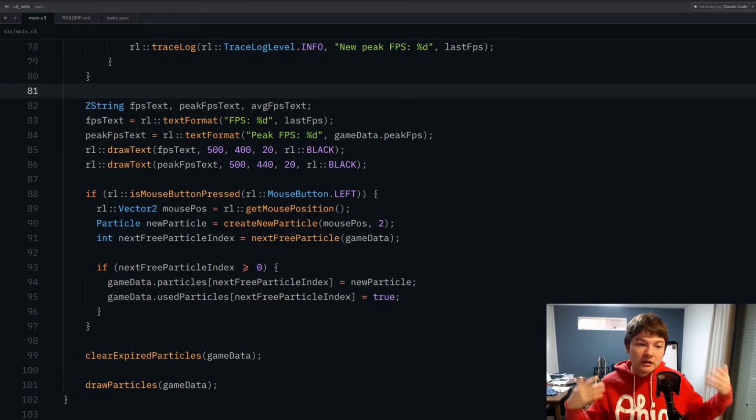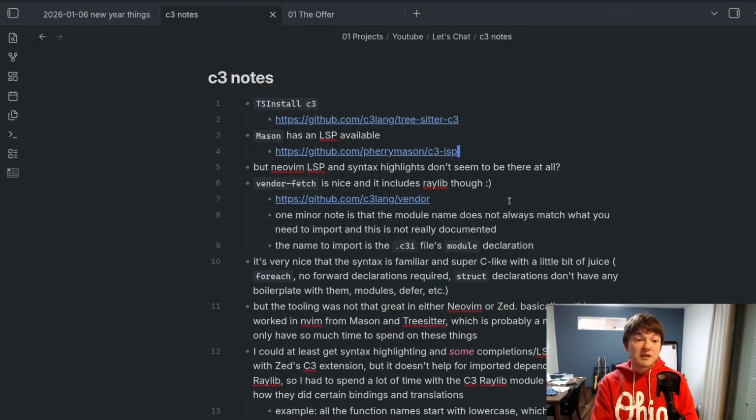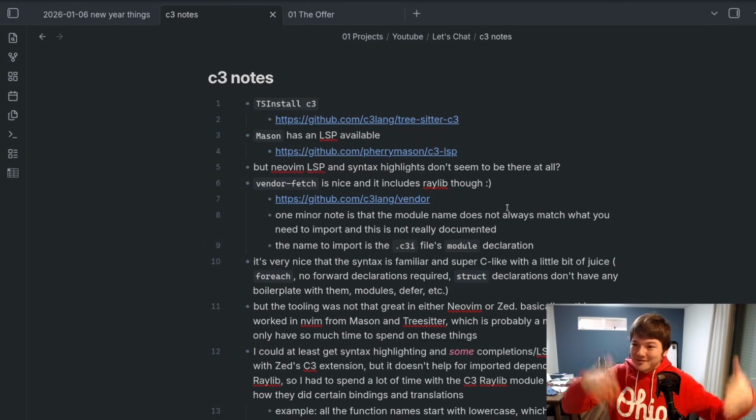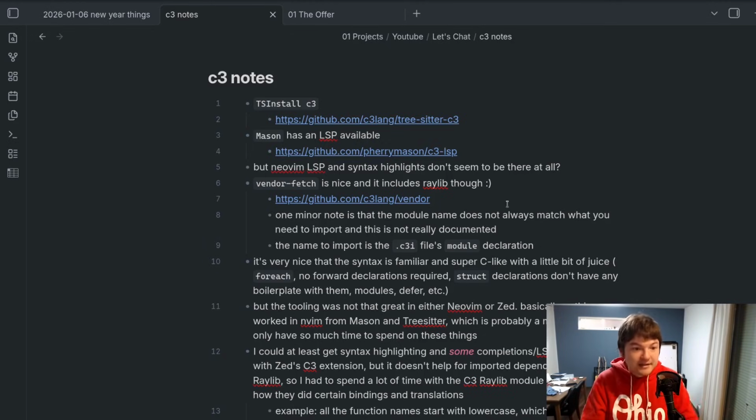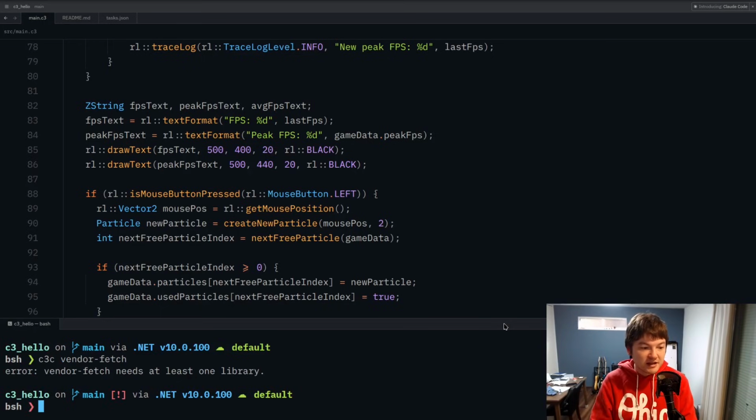It's very similar to the code I used in the C version of the previous comparison example. And just to go through some of my extended thoughts, C3 has a pretty cool repository called C3 Lang Vendor, and what this lets you do is if you want to get some